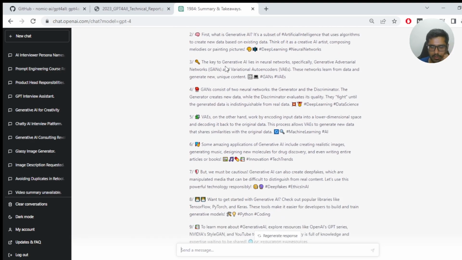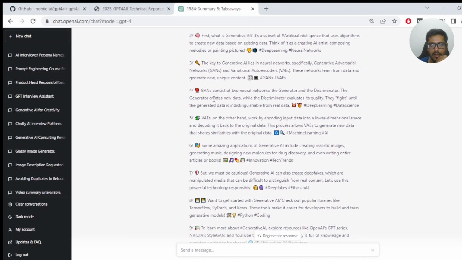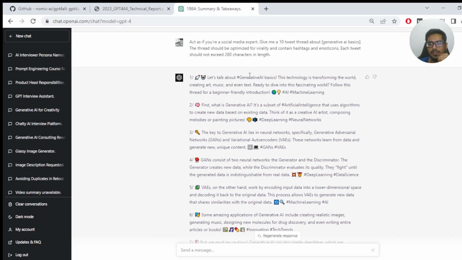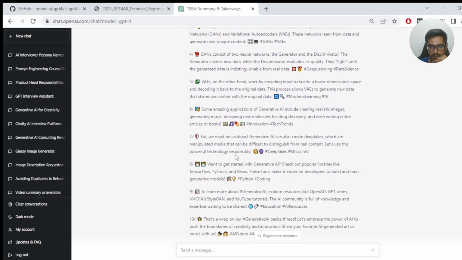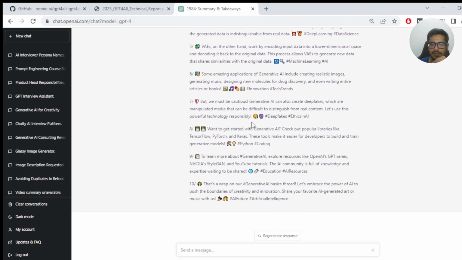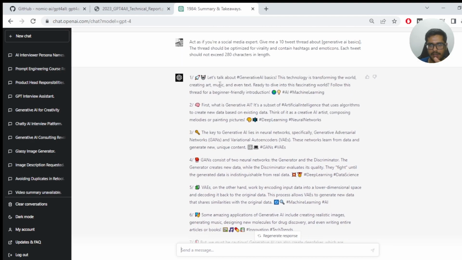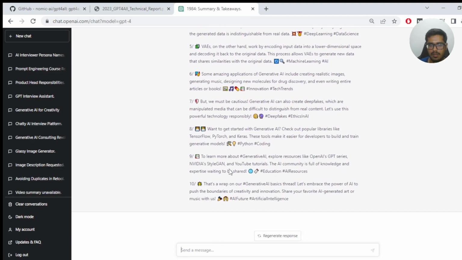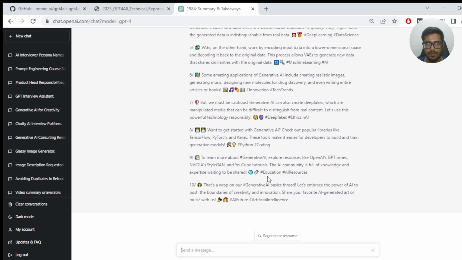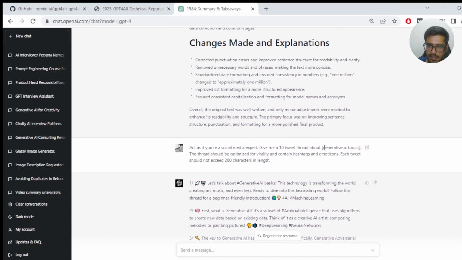Obviously, this is not the most natural content, but the fact that it's used emoji and makes it look more natural is why I'm also scared looking at the output itself. So it's covered everything from what is generative AI to the ethics to also summarizing what was just discussed. So super cool. You can just copy this thread, replace this with what you want, and you can generate things like this.